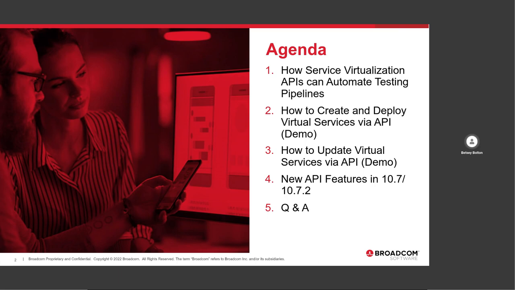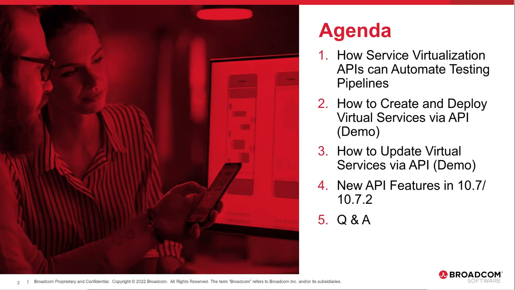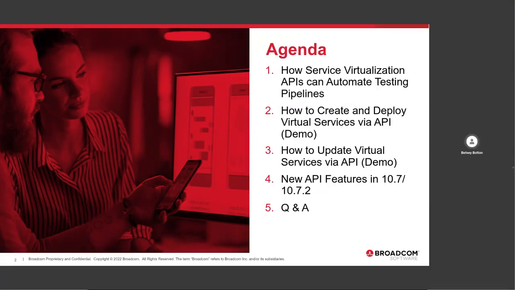And we're going to spend more time on the demos themselves, where we can actually see in action what you can accomplish by creating and deploying virtual services via the APIs, as well as the process of updating existing virtual services via the APIs. What are the use cases? Why would you want to do it? And how to think about that when automating a pipeline. And then lastly, we'll talk about the new features that are available in 10.7 and 10.7.2, and then have question